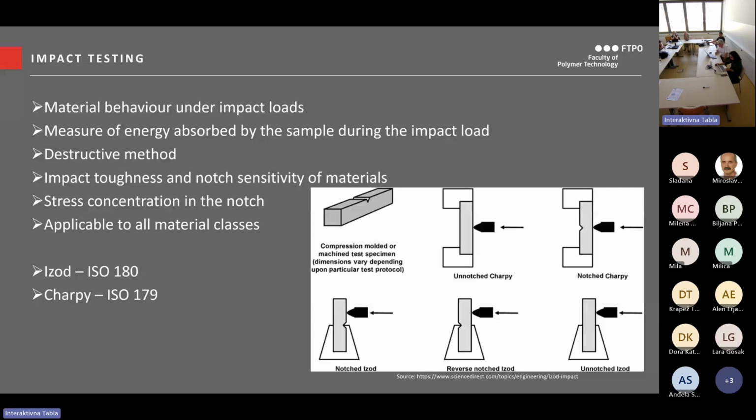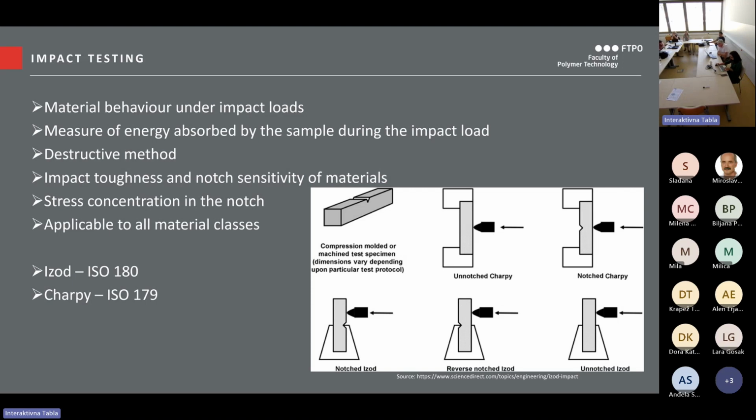Some materials are more and some are less sensitive to the stress concentration. The tests are applicable to all material classes, and the most common approaches are Izod and Charpy, standardized by ISO 180 and